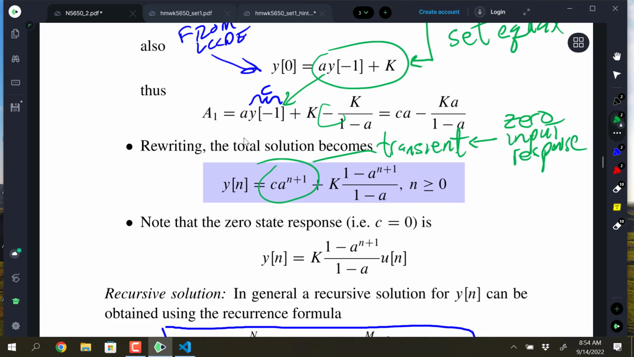In controls, they call that the zero input response. We're not giving the system any excitation, which is coming through that amplitude k. We're just seeing the initial condition decaying as time goes forward. Does that make sense? Zero input response. And what remains then is the